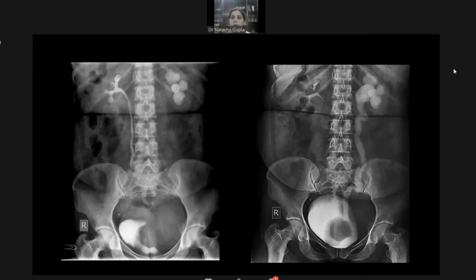So before going on to the next imaging modality, I would like to point out one more finding that you have missed. One is the displacement of the ureter, and another is that you can also see another indentation on the bladder wall laterally. Although this is a full bladder image, see, the right lateral wall of the bladder is reaching right up to the pelvic brim, but the left lateral wall of the bladder is not reaching up to the pelvis, and there is a lot of space here.